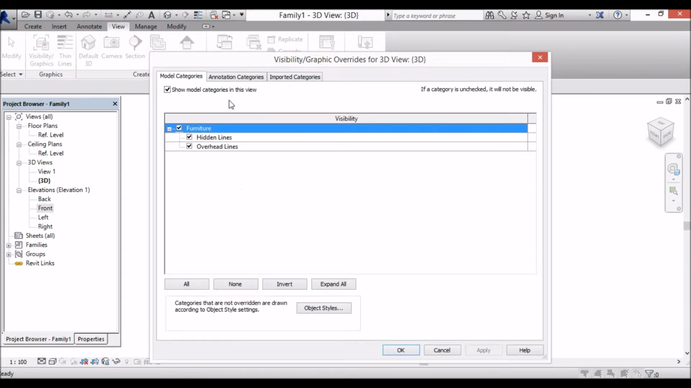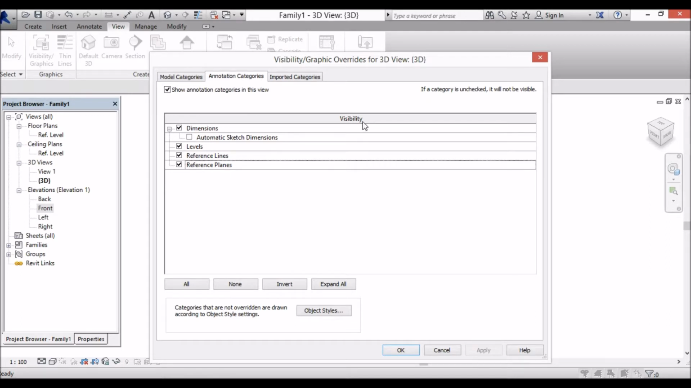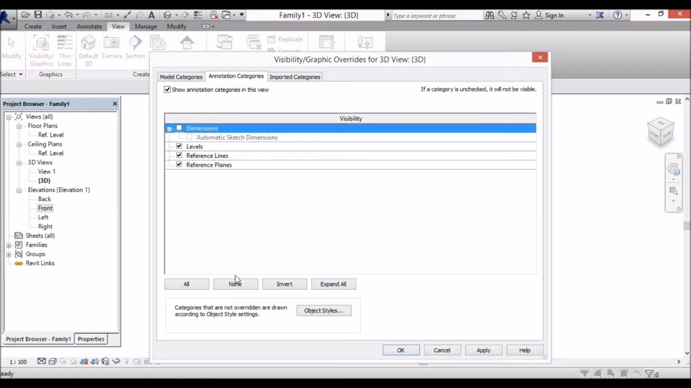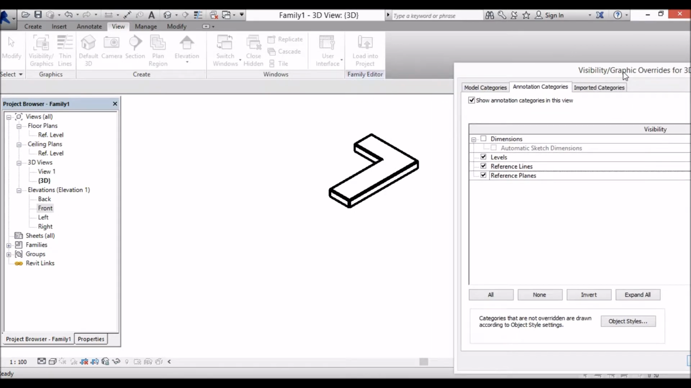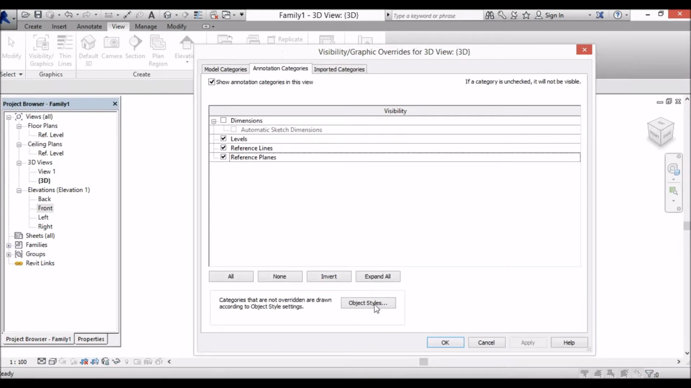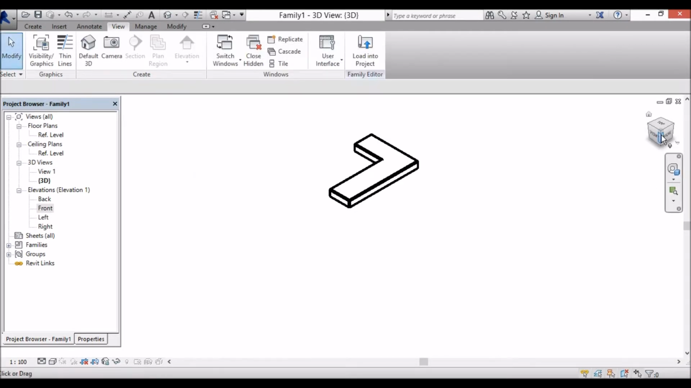Now you can see here it's got 3 tabs at the top. We want the middle tab, annotation categories. And you can see here visibility, dimensions is ticked. We don't want to see those dimensions in the way of our 3D object. So if I untick that and click apply, you'll see now there's no dimension in front of your object. You can click OK. So now you can much more easily rotate it around and look at the object in